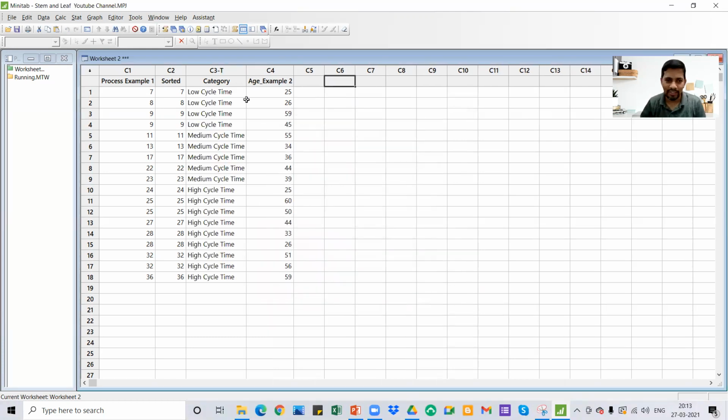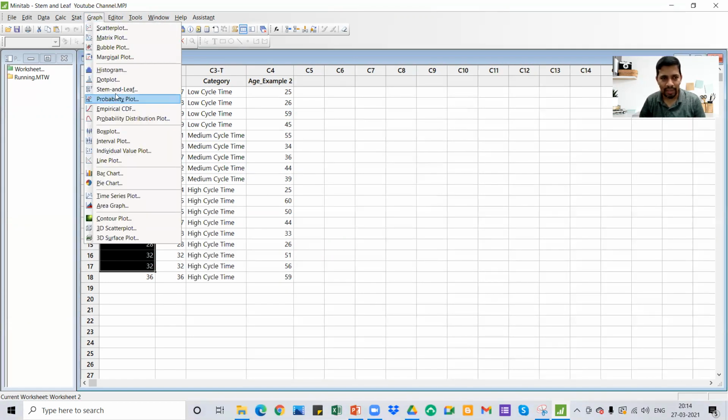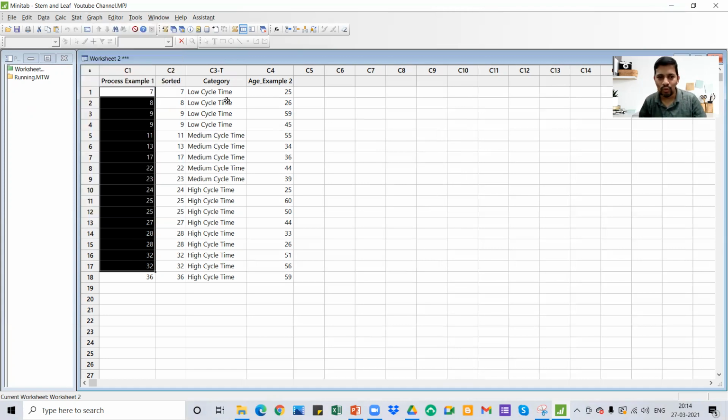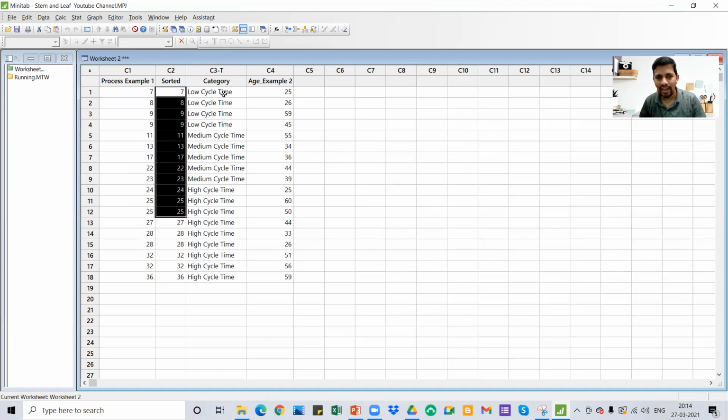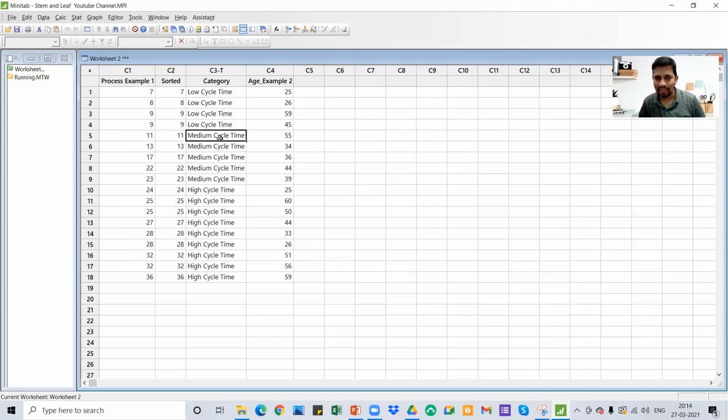So how fast has it given? It has given low cycle time, medium cycle time, and high cycle time, and all that. It has given it much faster, right? So let me quickly recap. First thing I did, I found out this is my variable. I went to Graph, picked stem and leaf. This is the high level one, and it visually gives all the meaning. But I wanted to classify the data. To do that, I sorted the data, and then I gave the code text. So that number to text I have given, so that it has given this value.